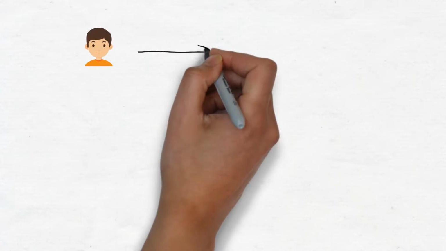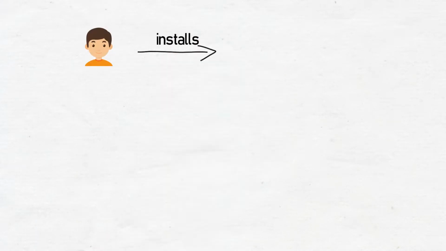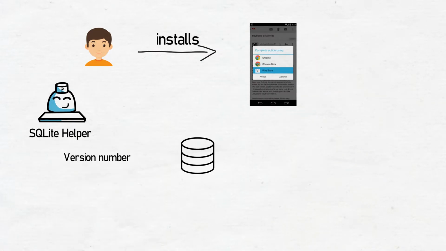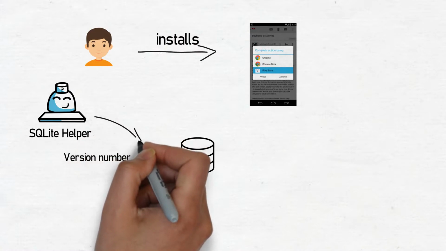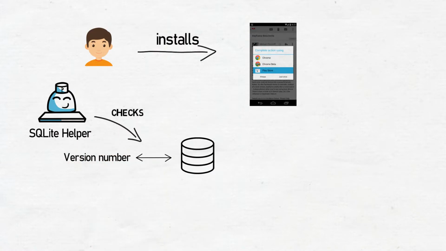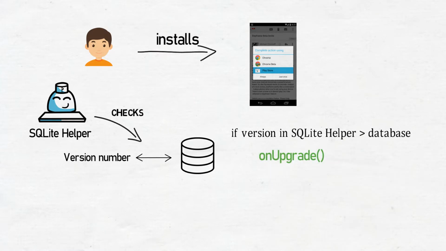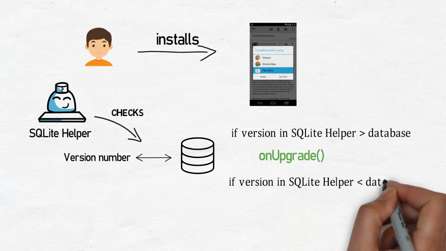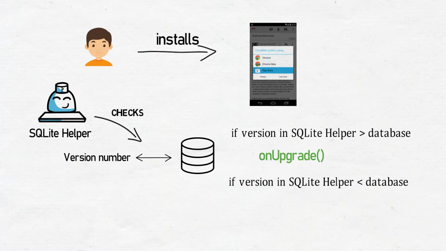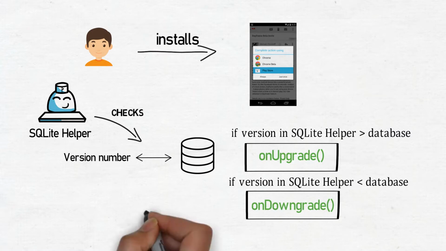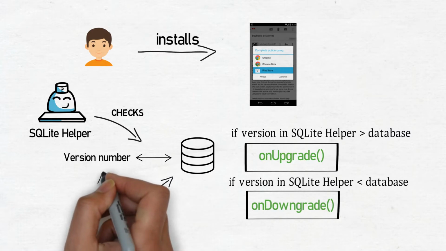When the user installs the latest version of the app on the device, the first time the app needs to use the database, the SQLite helper checks its version number against that of the database on the device. If the version number in the SQLite helper code is higher than that of the database, it calls the SQLite helper onUpgrade method. If the version number in the SQLite helper code is lower than that of the database, it calls the onDowngrade method instead. Once it's called either of these methods, it changes the version number of the database to match the version number